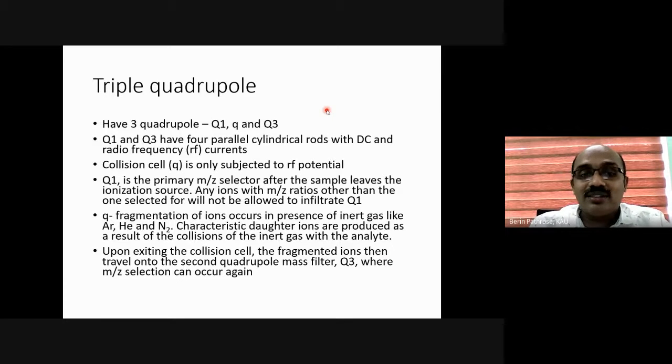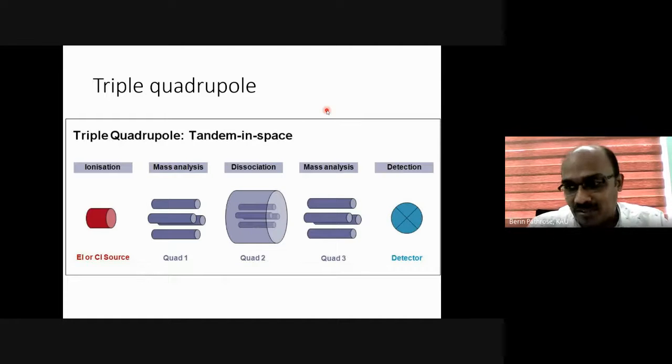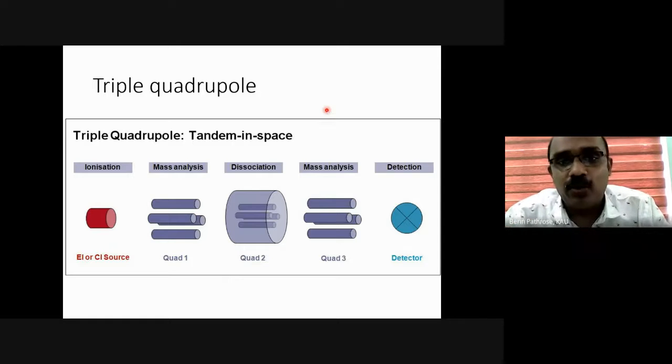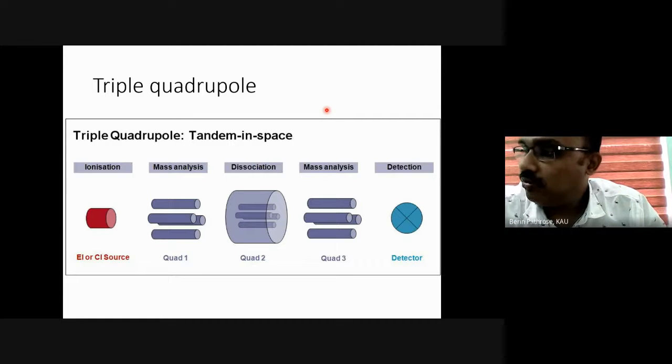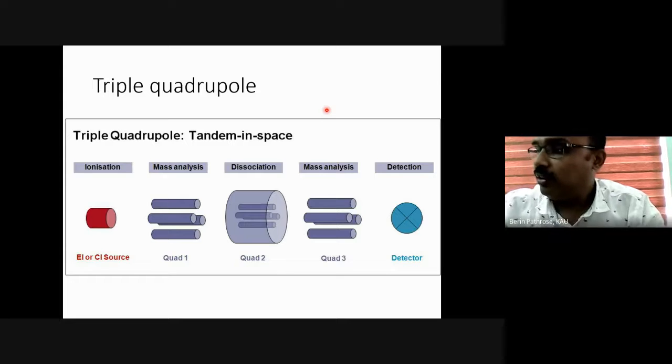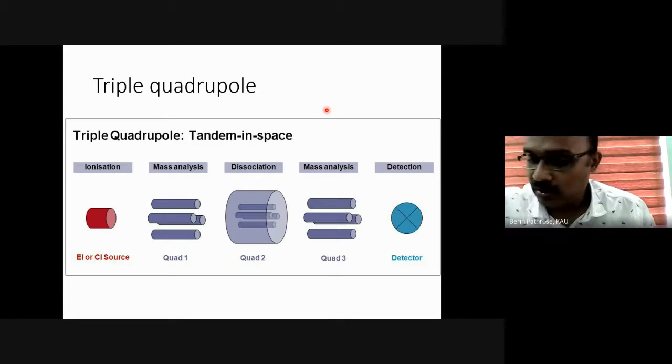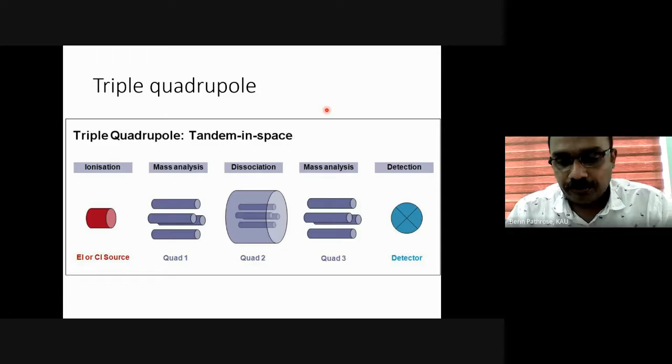Then how does this quadruple measure the mass? That I will explain. Don't look into the video. Look into my video. I will show you how it works. So this